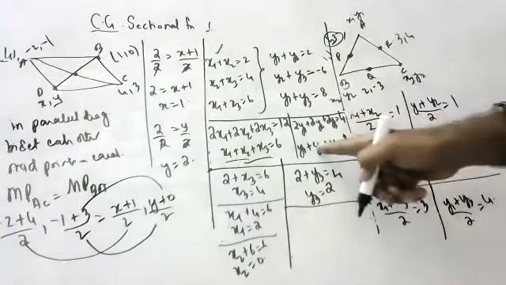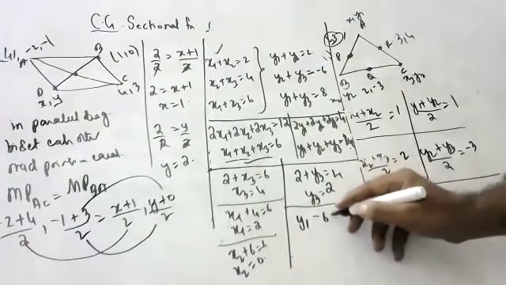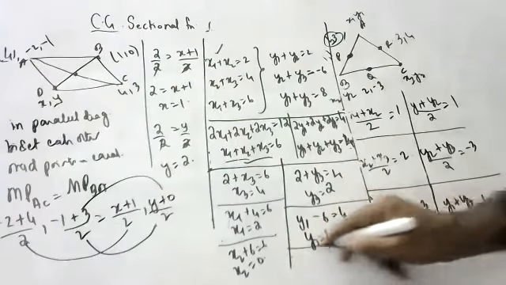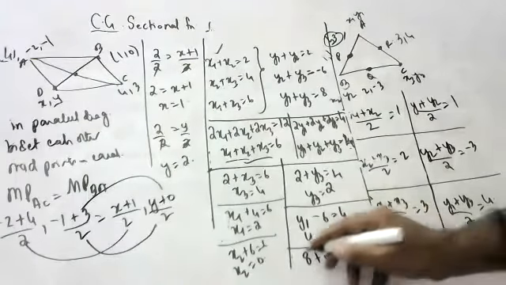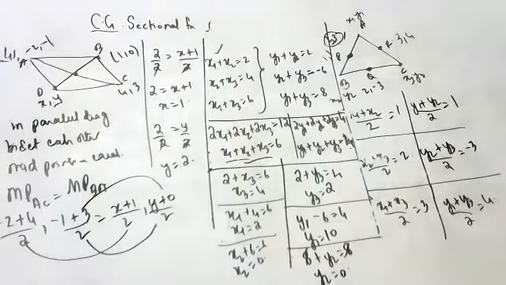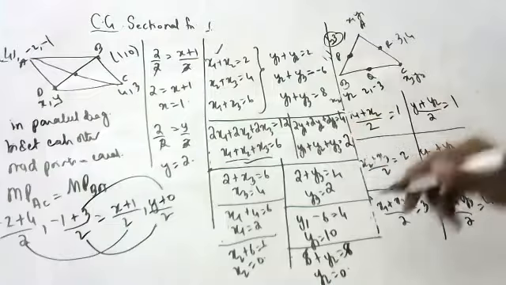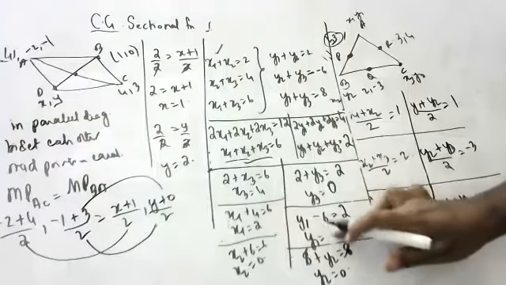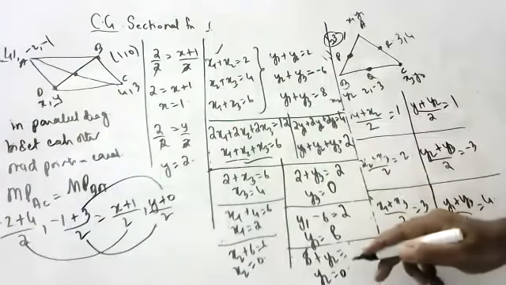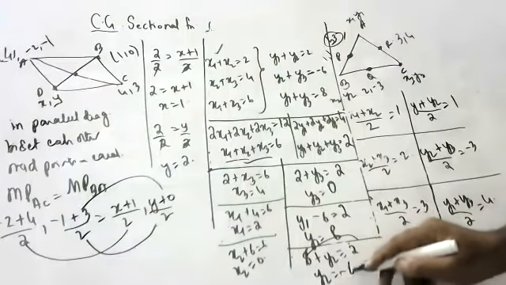Fantastic. Can you substitute this 4? Yes, sir. y1 - 6 = 4, so y1 = 10. Now y1 + y3, can you substitute? 8 + y2 = 8, so y2 = 0. Sorry, y1 + y2 + y3 is 2, so if this is 2, then y2 is 0, y1 is 8, and if y3 is 2, then y3 is 2 minus 8, minus 6.